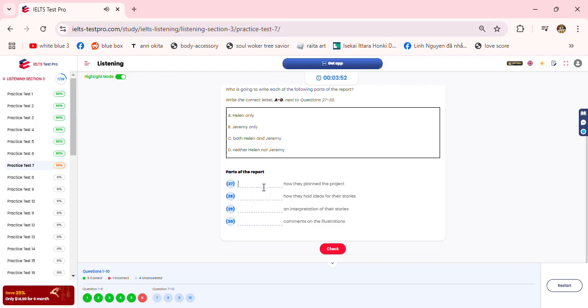So the next thing is to decide what exactly we need to write about in the report that goes with the stories, and how we're going to divide the work. Right, Helen. What do you think about including a section on how we planned the project as a whole, Jeremy? That's probably quite important. Yeah, well, you've had most of the good ideas so far. How do you feel about drafting something? Then we can go through it together and discuss it. OK, that seems reasonable. And I could include something on how we came up with the ideas for our two stories, couldn't I? Well, I've started writing something about that, so why don't you do the same and we can include the two things? Right.